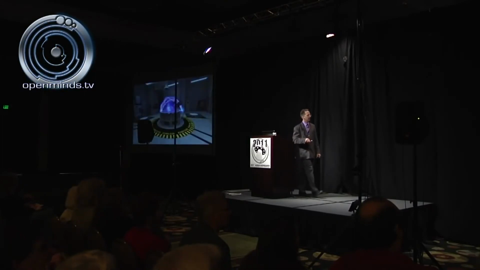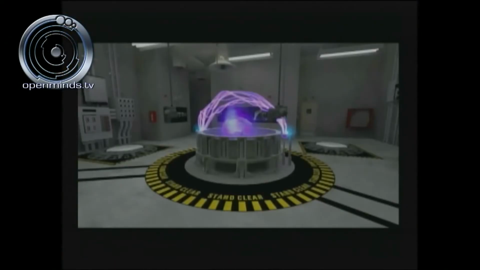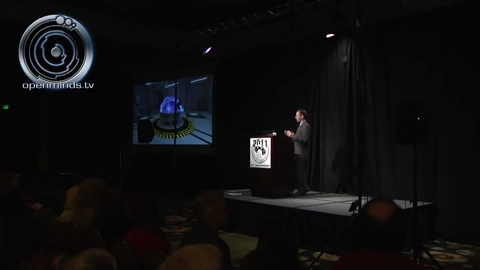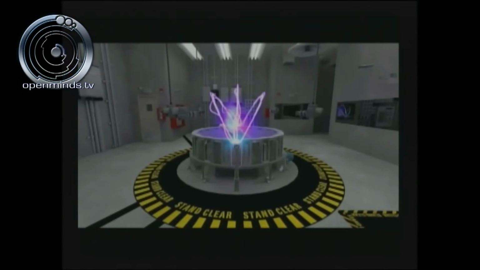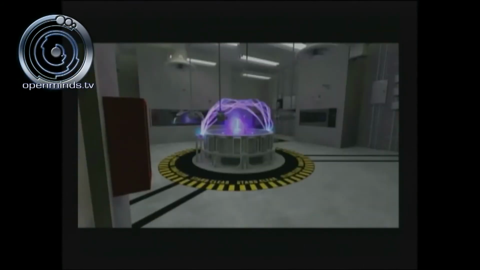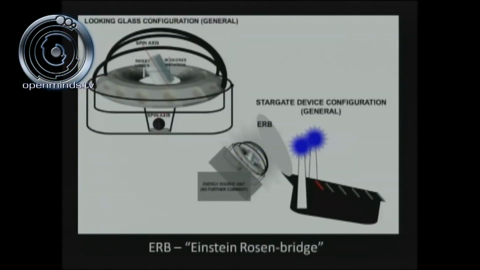Here you see the 3D Max Studio rendering of the Looking Glass device. We've got the transport pads in this location. Everything that took place in this facility was recorded on digital videotape, so they have the evidence, there's no question about it. You can see the electromagnetic fields forming above the Looking Glass device. There was a stand-clear yellow and black stripe that followed the circumference of the device. Now again, this is Dan Burisch's rendering.